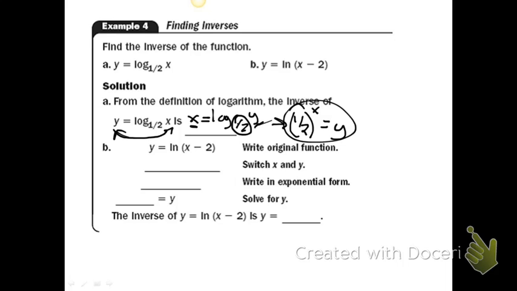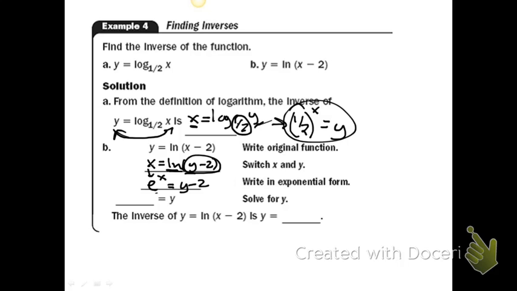Let's do the next one. Here we have the original function y equals ln of x minus 2. I'm going to switch x and y and get x equals ln of y minus 2. Now what I'm going to do is write it in exponential form. The trick here, guys, is to know what the base of ln is. And if you go back to that very first thing we talked about, there's the natural log. That just means base e. So this is like saying that base e raised to the power x is equal to y minus 2. So the log of y minus 2 equals the exponent x